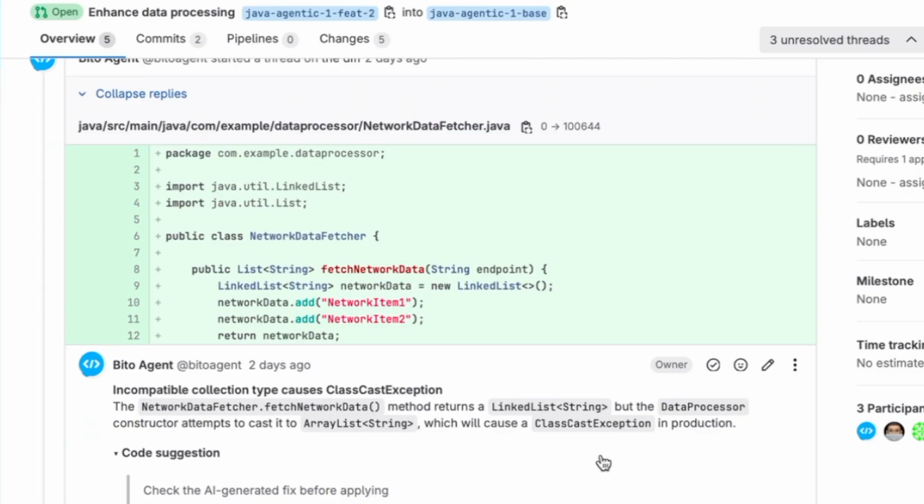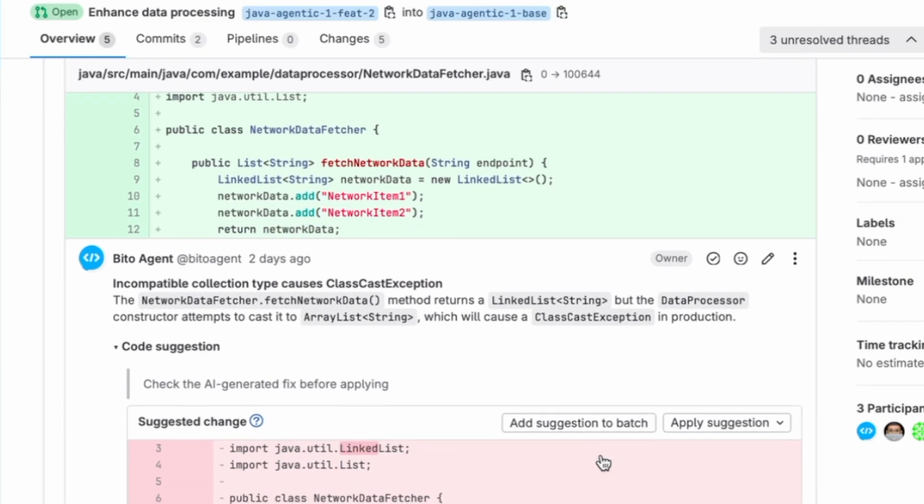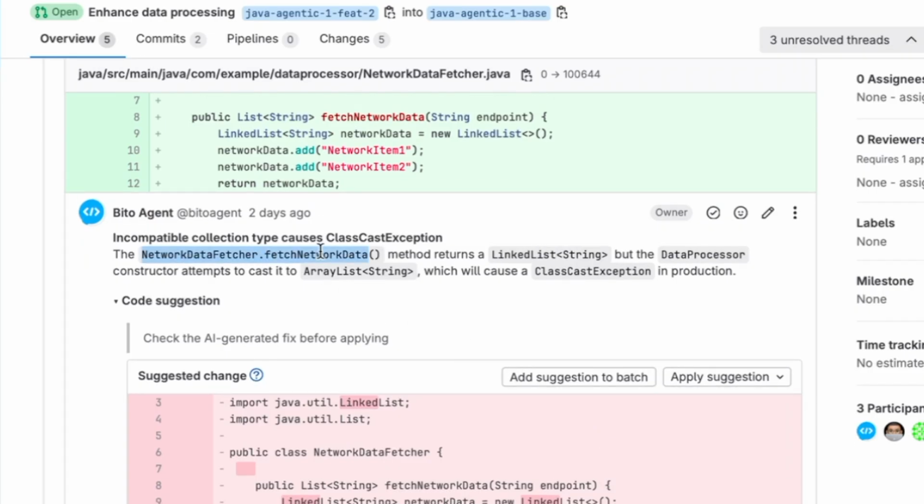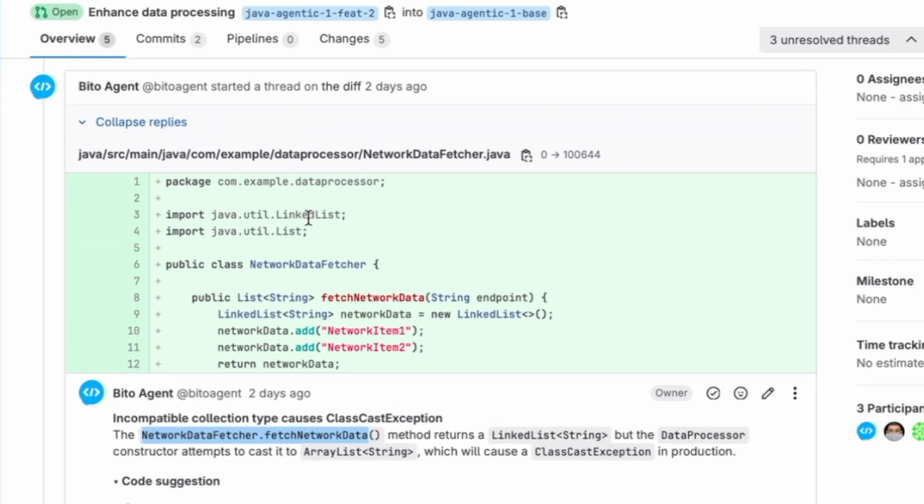Here it basically shows you our use of 3.7 with tool calling capability. So Bito's code review agent is implemented as an agent which has access to tools, and using 3.7 reasoning capabilities, it does human-like review. Here it has basically identified that network data fetcher, which basically uses linked list,